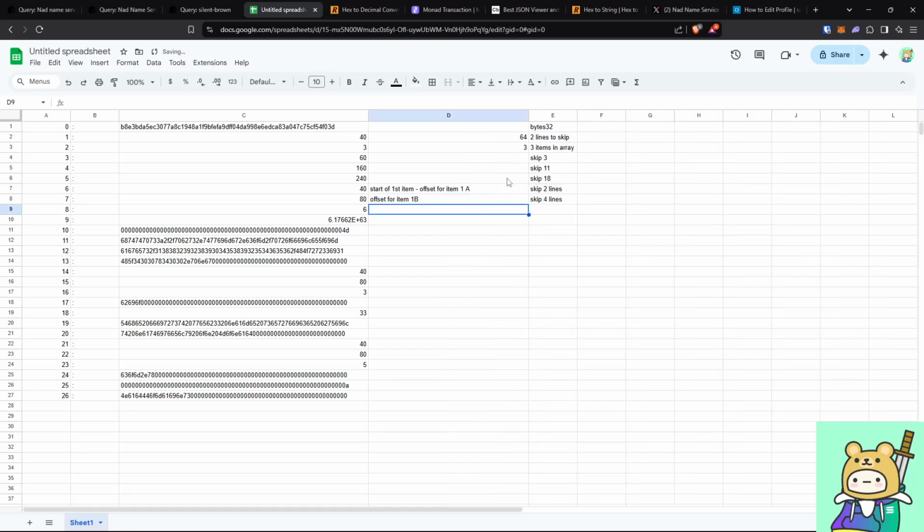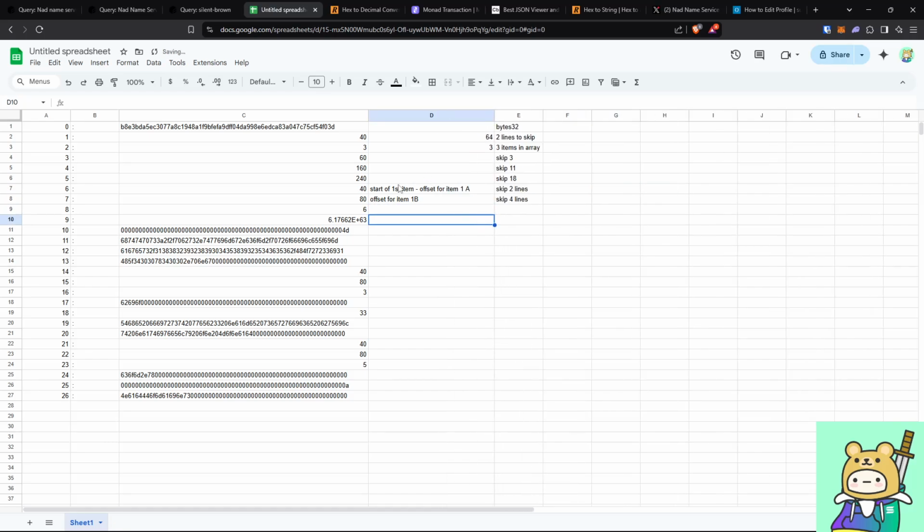And again, the reason is because when we reach the first item right here, we expect it to be already the values, but instead we see offsets, and that would mean that there is a collection of things in the first item. That's why this whole thing is a nested tuple, right? Okay, no fear, let's move on. Skip 2 lines, skip 4 lines. So skip 2 lines is here, right? Skip these 2 lines, and this is the start of